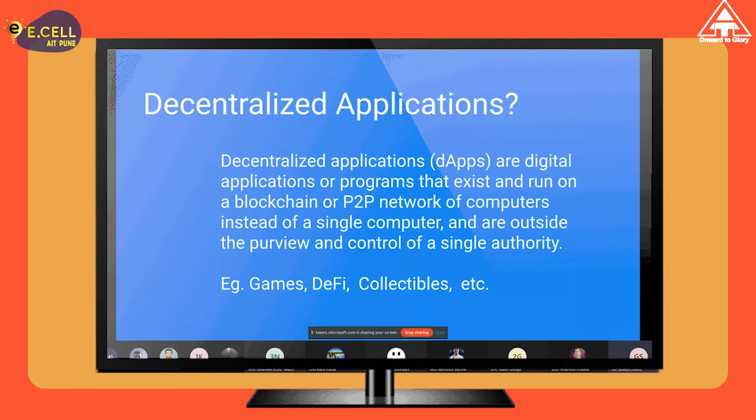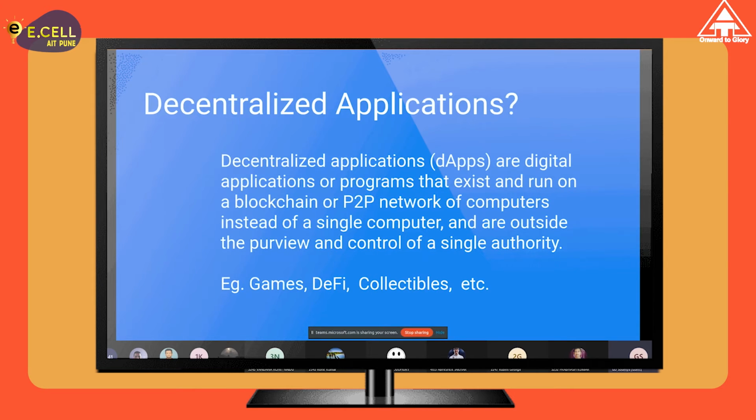The use cases for decentralized applications have grown over the years. The most popular applications you can find are related to DeFi, NFTs, collectibles, and third-party integrations with games and other systems. Those are pretty popular right now.